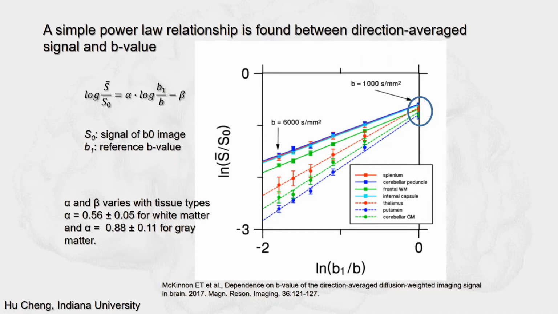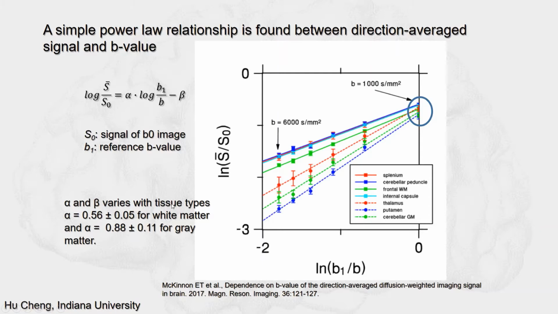A simple power law relationship is found between direction average signal and B values by McKinnon. They went up to a B value of 6,000. They observed this linear relationship between the log of the direction average signal and the log of the B value. And the coefficients alpha and beta